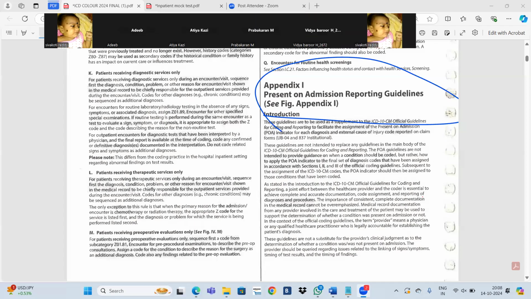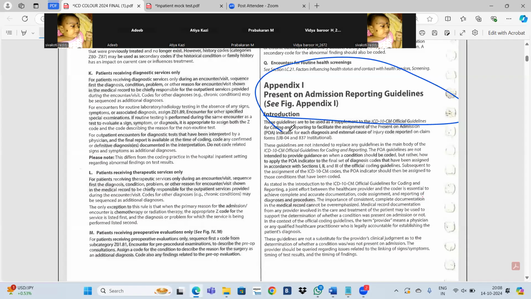When the patient was admitted into the hospital, you need to identify whether the diagnosis was present or not at the time of admission. Only for diagnosis, not procedure, okay? Diagnosis, like ICD codes. While applying ICD codes, you need to check whether the condition was present or not present at the time of admission. Based on that, you need to give these POA